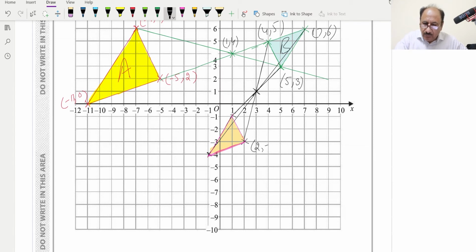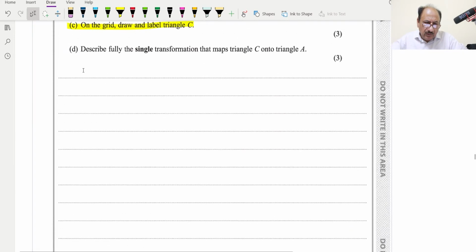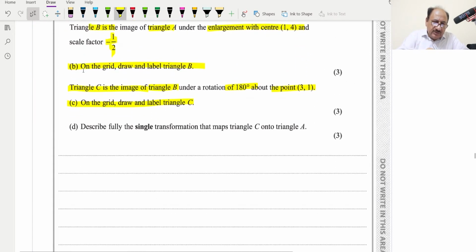This will be 2 and minus 3, and this will be minus 1 and minus 4, and this will be 1 and minus 1. So 1 and minus 1, these will be the coordinates, and we have to label it as C, so we can label it as C over here. So this is also done, and now last part, describe fully the single transformation that maps triangle C onto triangle